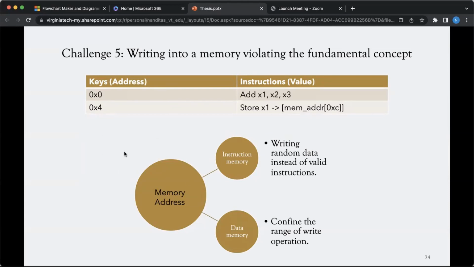To prevent this, what we can do is put a constraint: let's just go to the data memory, and just write any value in the data memory, and then we are good to go. But if we do that, there's another problem that comes into the picture, and that is, now the write is only confined to the last 16 bits of address. So we have divided the memory into 2 parts. Now, if we are constraining, then the write will only and only happen in the data memory. We will never be able to toggle or have the coverage for writing in the upper half of the address. Whereas with the read, that was never the case. We had the load instruction, which was able to load either from the data memory or from the instruction memory. But with write, we are constraining it.